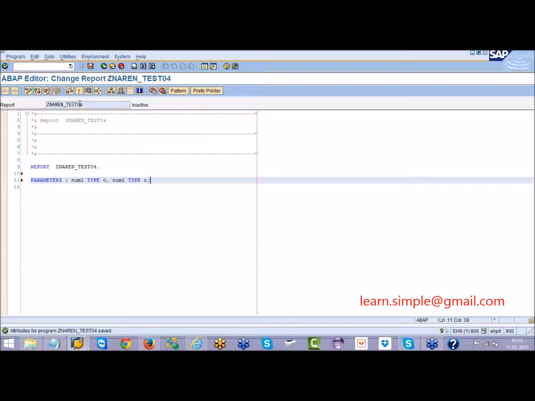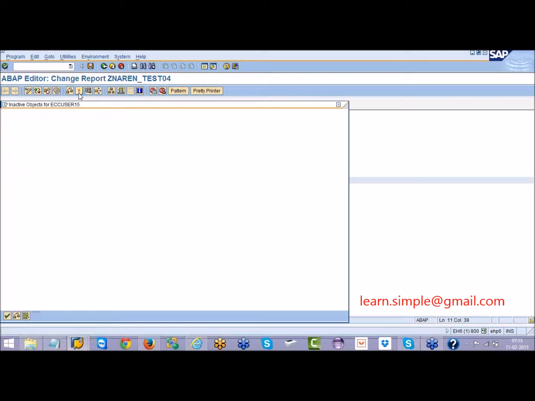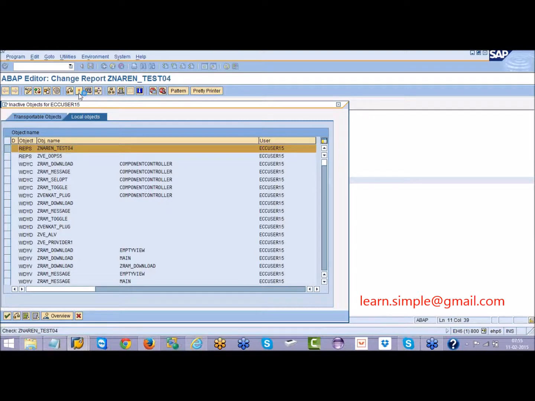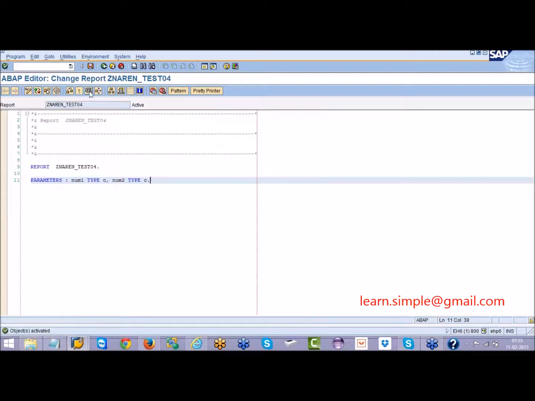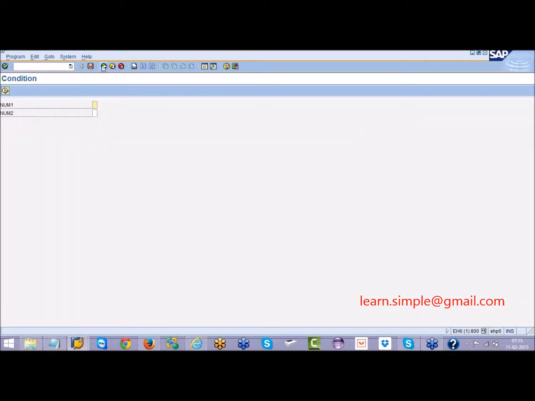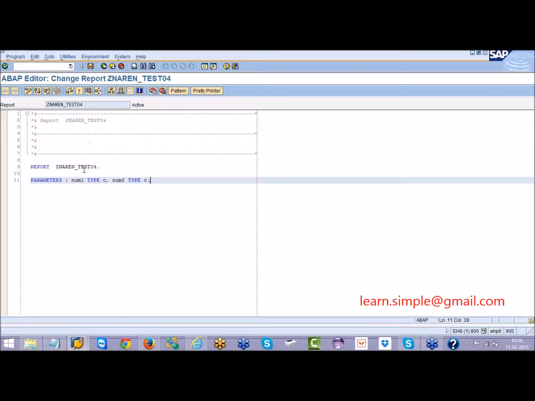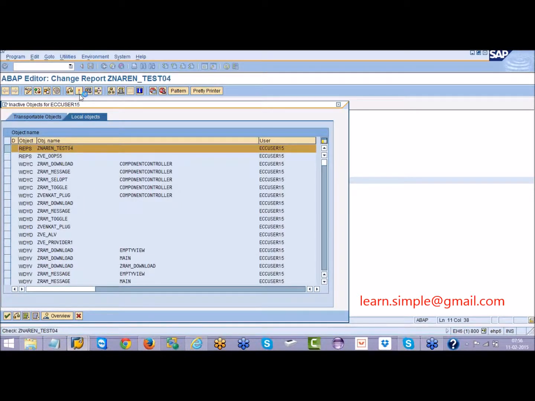So there are two numbers for me. For example, the user will enter some number, so I forgot to give the length here. Otherwise, I will make it type I, two integers. For integers, there is no need to give the length in brackets, right? It will take the length by default. Yesterday we discussed this.